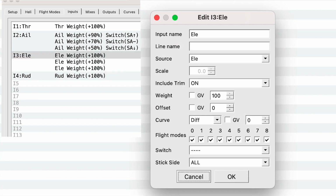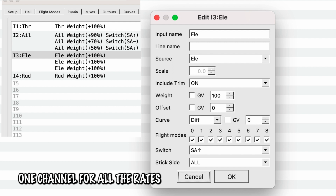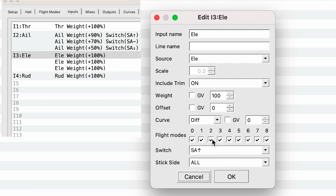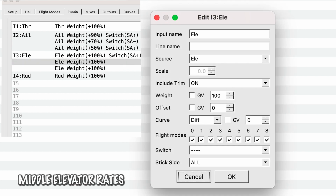And then we're going to go into the elevator, which will be pretty similar. In this case, I left it at 100 because having max deflection on elevator is kind of fun. So leave it at 100, and then we're also going to set this to SA up. And this is because we want one switch to control all of the rates. Now you can put it on different switches if you want, but that might be a little confusing while you're flying to remember which switches to flip. And we're also going to set this to diff. That's all fine. So now we have, when it's up, it's at 100%, and then on these it is 70%,